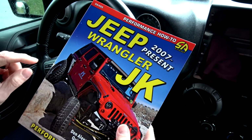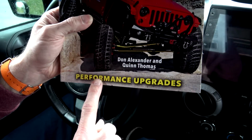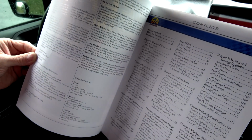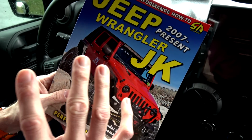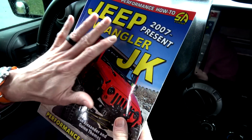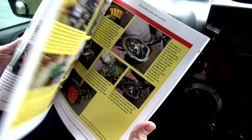This is the Jeep Wrangler JK 2007 to Present Performance Upgrades book. This is a new book, and it comes to us from CarTech. You can find them at cartechbooks.com. They have a bunch of books relating to the automotive industry. Obviously CarTech. Anyway, they've got this new book on the Jeep Wrangler that I've been reading, and wanted to share